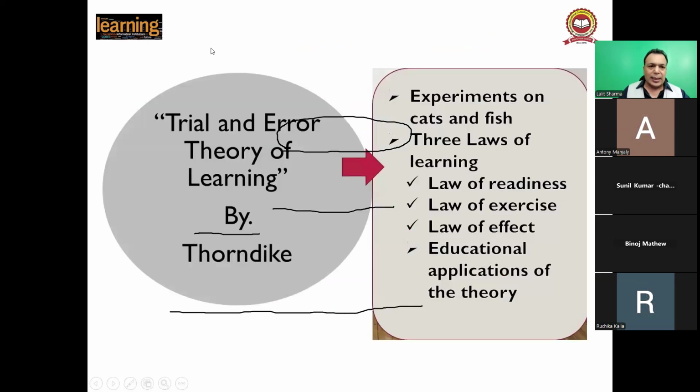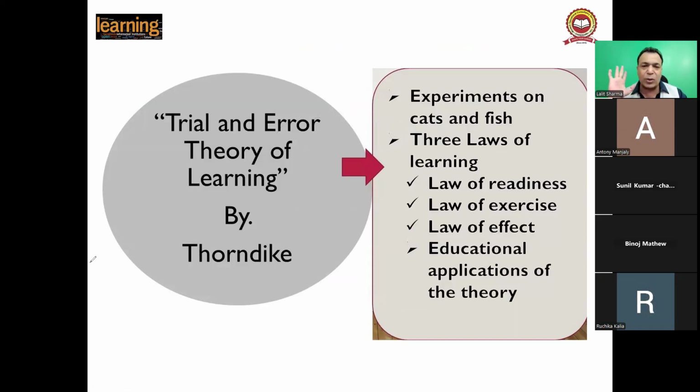Okay. Now, guys, this is what we have to learn under this theory of learning. ये देखो, ये full fledged question आता है total ये, right? It is a full fledged question of 16 marks. Define trial and error theory of learning. When this question comes, so guys, first of all, you have to talk about the trial and error theory. Then you have to talk about the experiment by Thorndike. Then three laws of learning. Then educational implications.